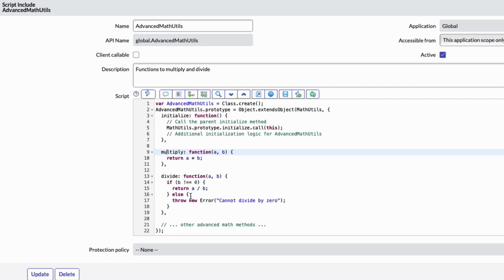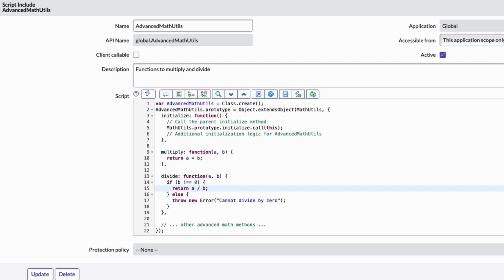By extending the mathUtils script include with advancedMathUtils, we inherit the original utility methods while adding advanced math operations specific to the advancedMathUtils script include. Feel free to modify and expand upon this code example to include additional advanced math methods or customize it according to your specific needs. This allows you to harness the power of extending script includes in ServiceNow and build tailored